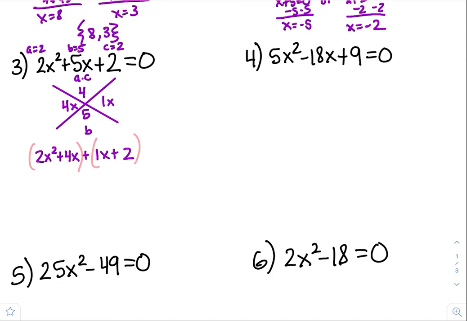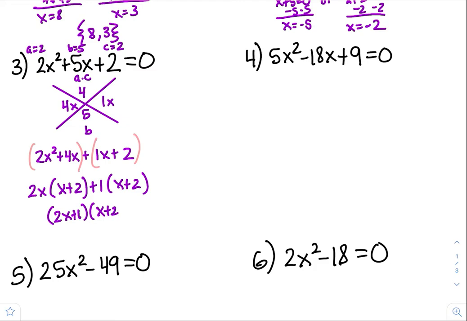So you can factor out a 2x from both of those to get x plus 2. And for the next parenthesis, you can factor out a 1 from both. And then you can factor out x plus 2 from both of them. So you're going to get 2x plus 1